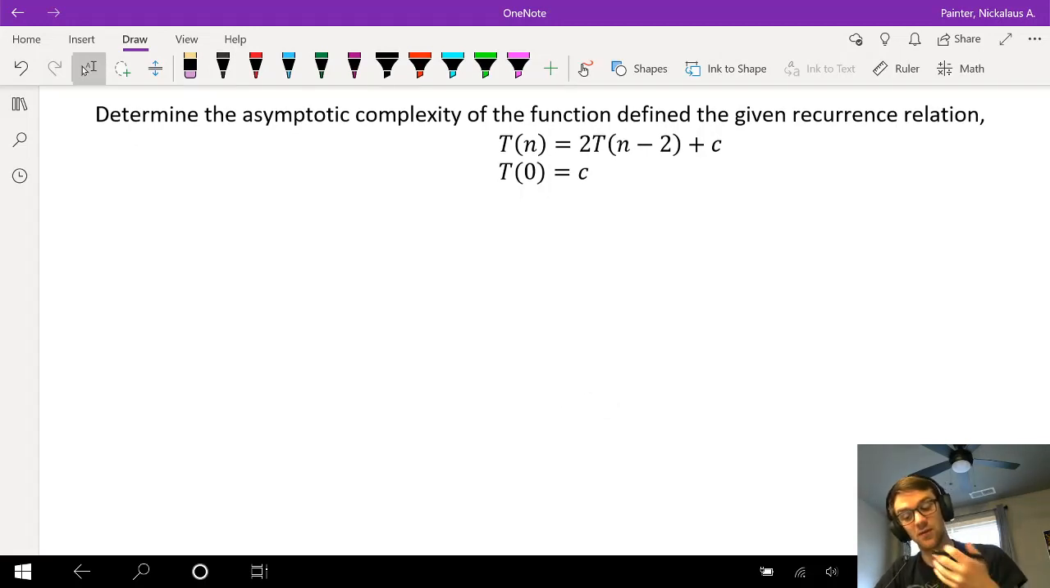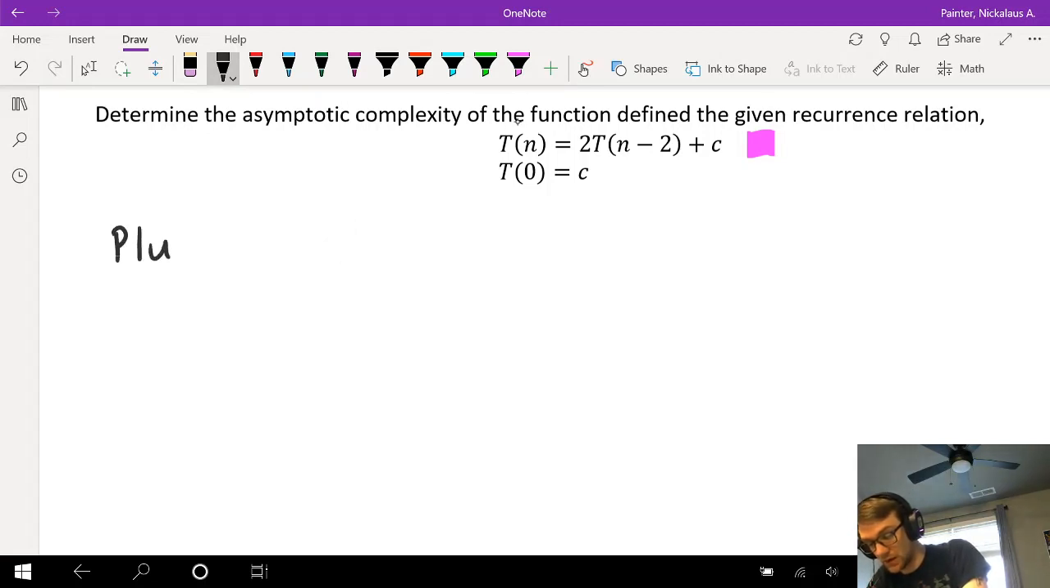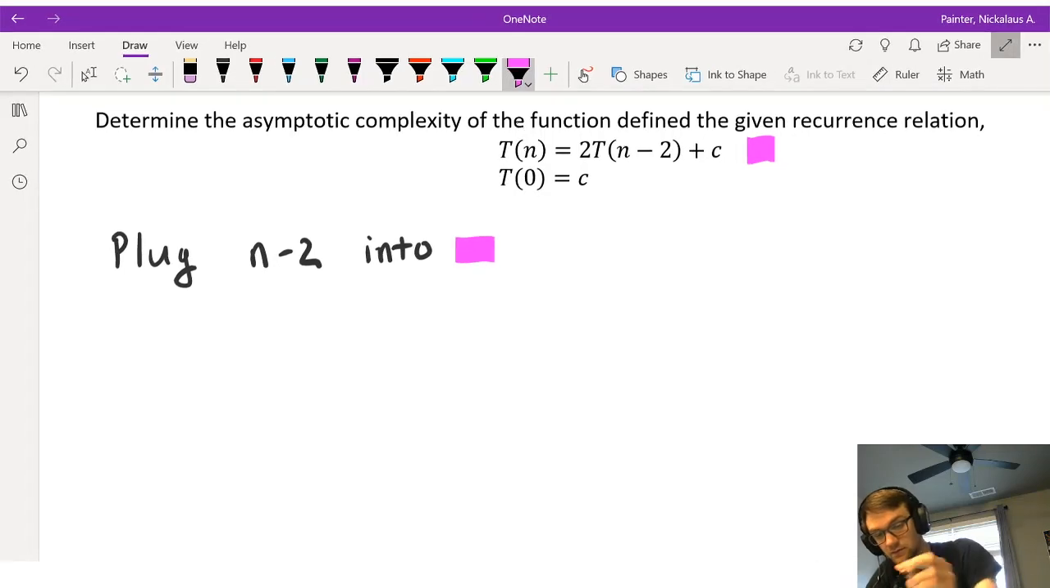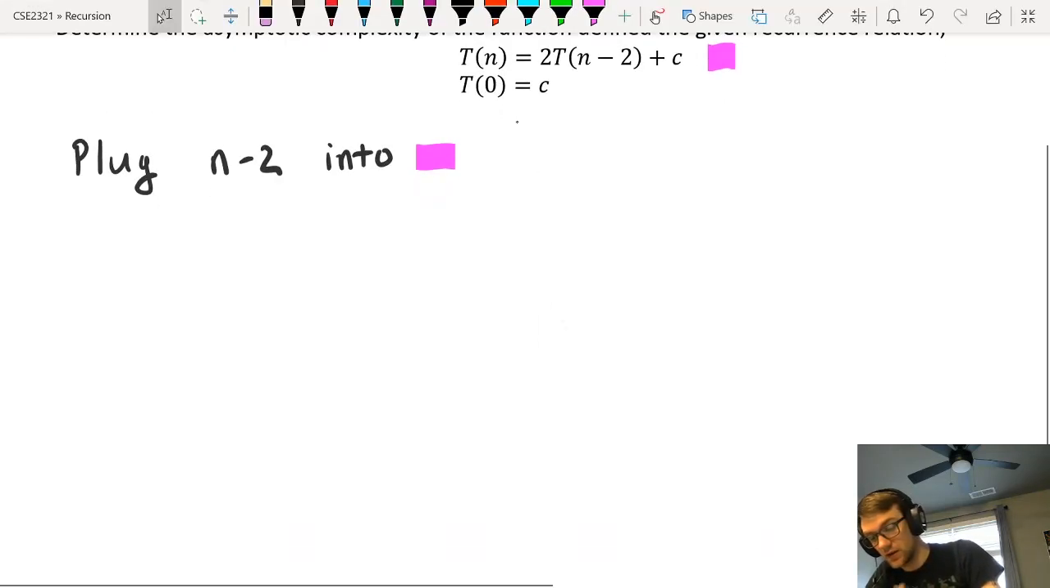We're going to take whatever appears inside of t on the right-hand side of the equation and plug it back into the equation. As we've done, we maybe want some sort of master designation for it, so I'm going to denote it with a little purple line. And we're going to want to plug n minus 2, the thing appearing inside of t on the right-hand side, into our purple lined equation. Doing so, we get,